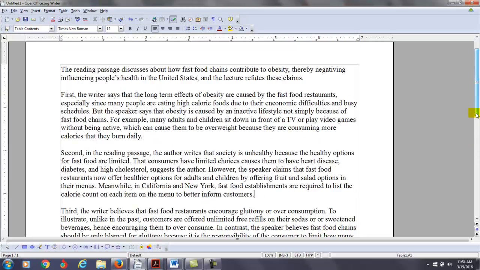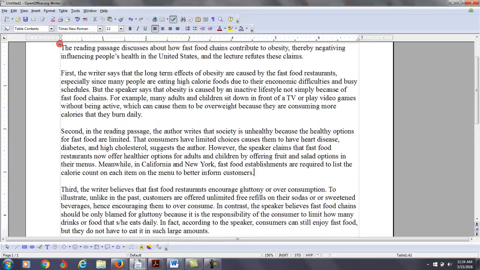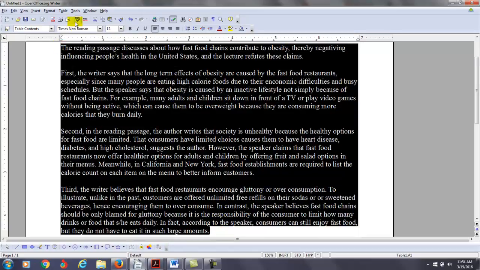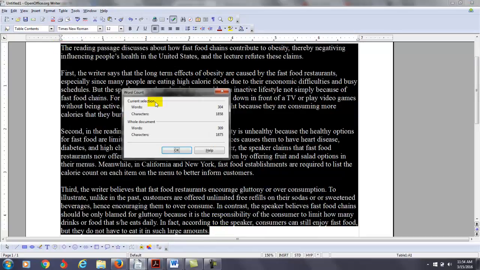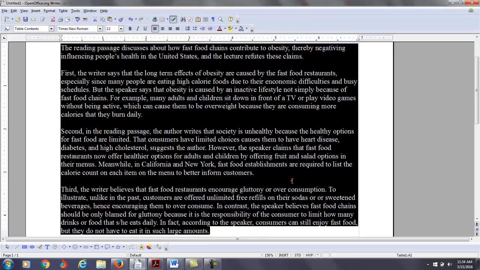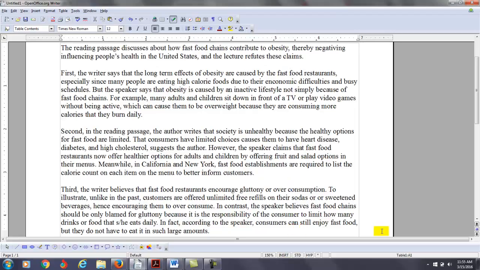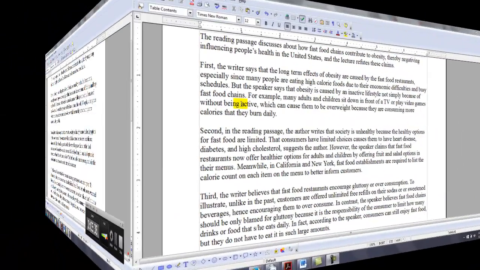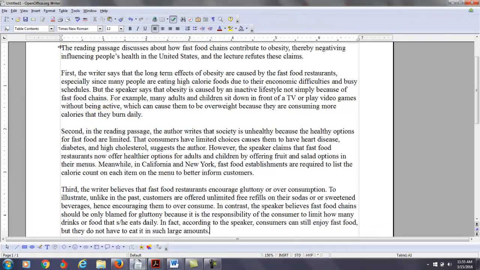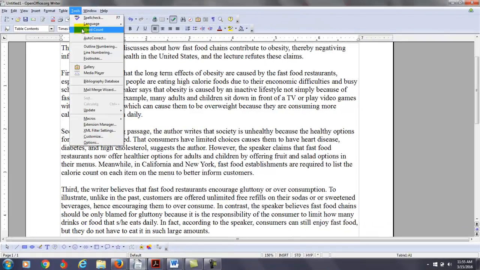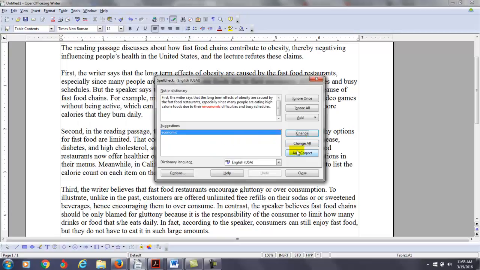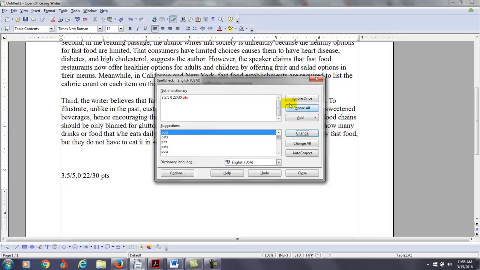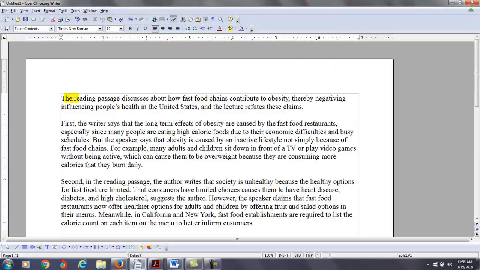So we made a few changes. So let's see what we have here. Now we have about 304 words. So I clarified some of your points, developed your ideas a little bit more. Okay, let's read it one more time, make a few more corrections. Let me do spell check for just a minute. So change economic. Make sure you're using the same word, but just changing the spelling. Okay, let's go to the top.